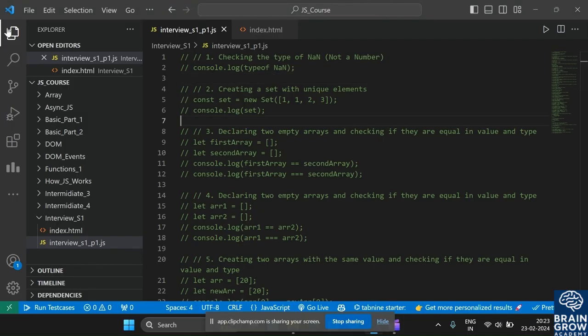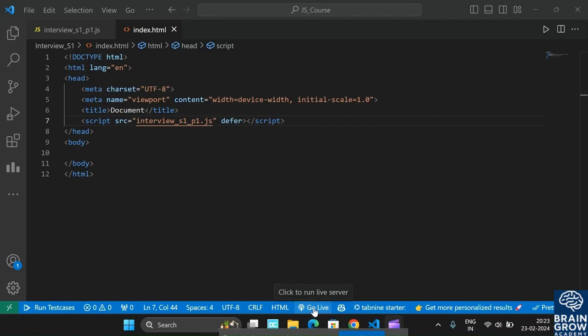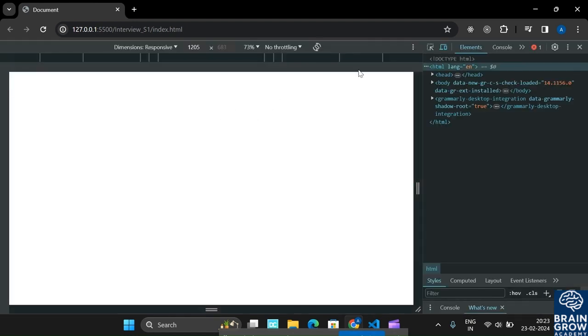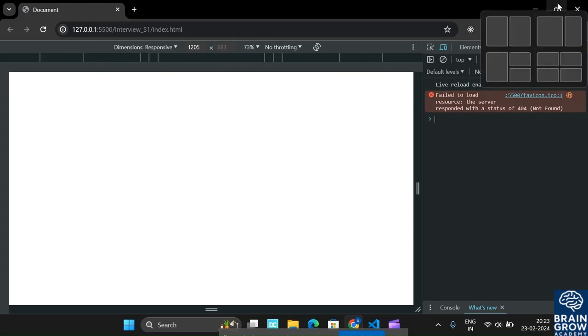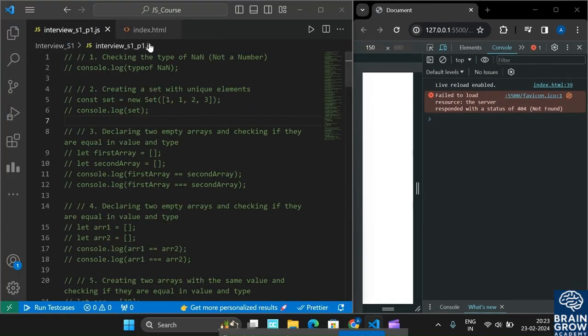First of all, let us attach this file inside here using a script tag and pass the interview series 1 practical video 1.js, use the defer keyword, and now run the HTML file. We will discuss all the questions with reasons, and these questions are highly asked in each and every interview. Side by side, open our code editor, and here we do not need any HTML file. So the first question is,